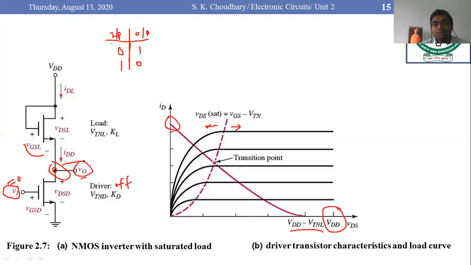So what is the output voltage? V0 is now VDD minus the threshold voltage of this MOSFET that is used as the enhancement load. And this value is not exactly equal to VDD. It is less, because of this enhancement load. So you can see the effect of that. This output voltage is less than VDD. Okay. So VOH, you can say the maximum value of the output voltage, is VDD